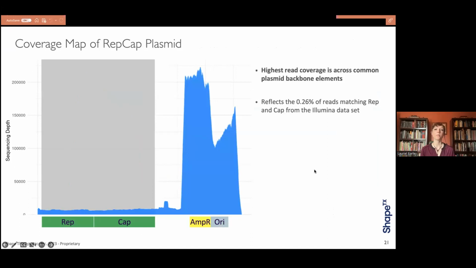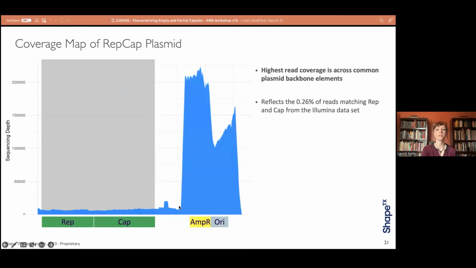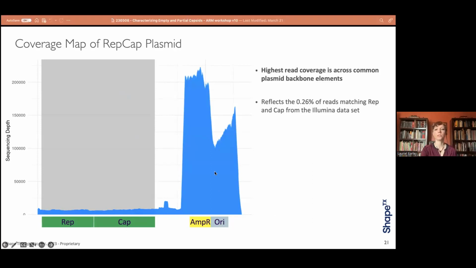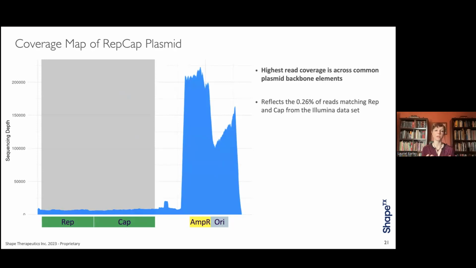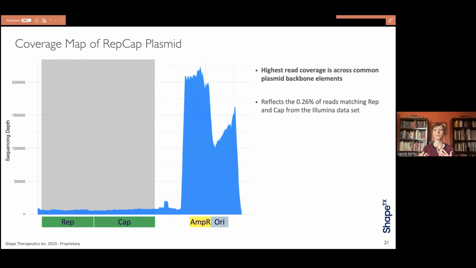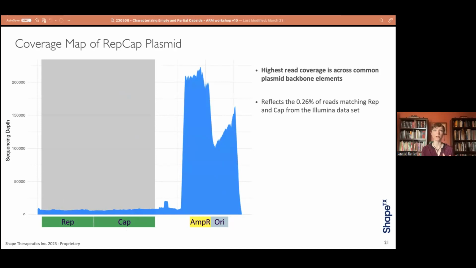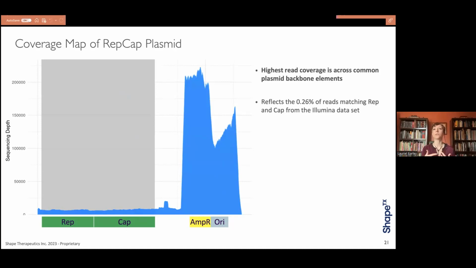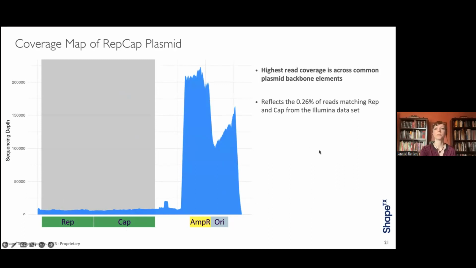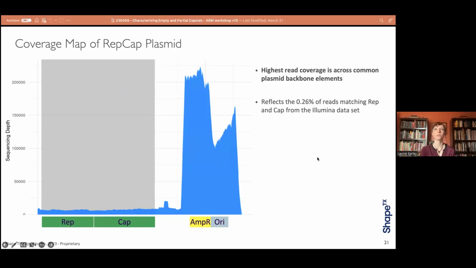When we look at our RepCap plasmid, we can see a pretty even coverage across here, a little peak at the P5, because this is a plasmid that has the P5 downstream. And then the ampicillin and ori are at higher coverage than the Rep and the Cap, which we would kind of expect because we already saw that plasmid backbone was a higher reference map count. And this may be because also that these ampicillin resistance and ORIs are very common across plasmid backbones. And so looking at this alone, you wouldn't know if it was coming from your RepCap plasmid or from your payload plasmid. And that's something that your long read sequencing could give you insight into.